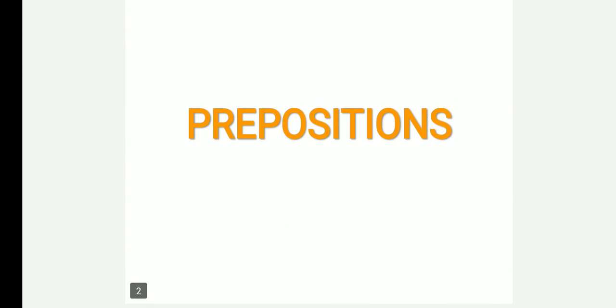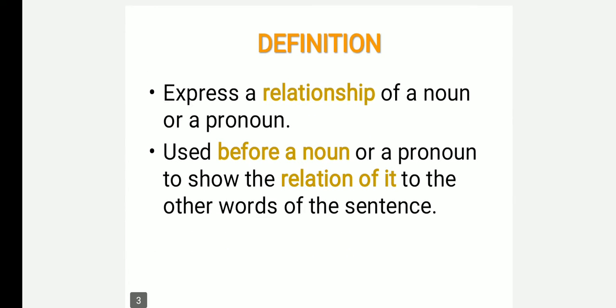So today we are going to learn about prepositions. A preposition shows the relation of a noun to other words. The other words may be an adjective, verb, adverb, object, anything else. It helps us to show the relation of a noun to other words in a sentence. Also, we use a preposition before a noun or pronoun. The same thing, it is to show the relation. There are some rules to follow for prepositions.